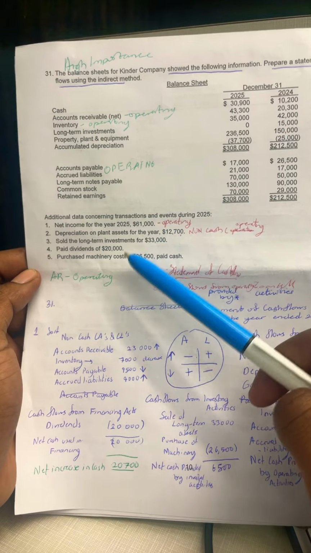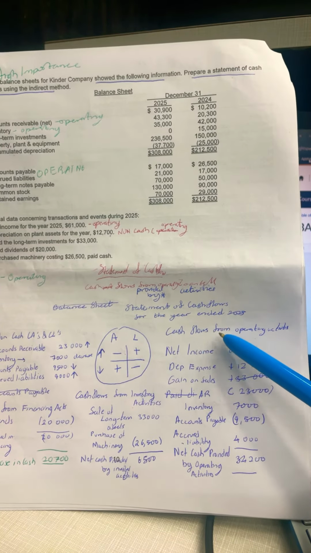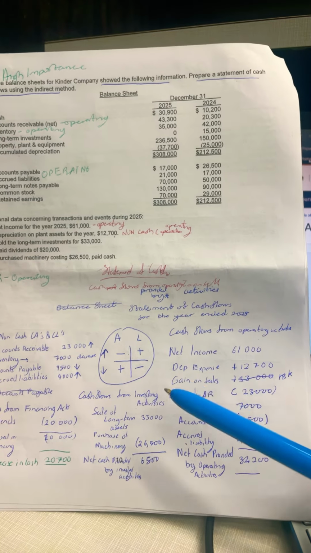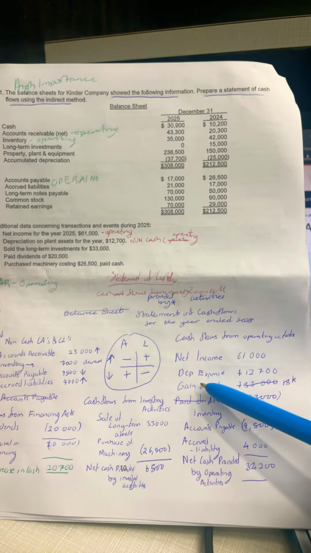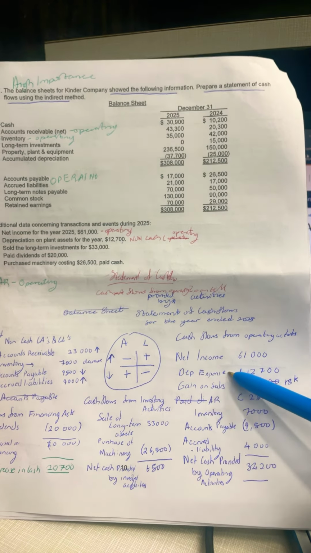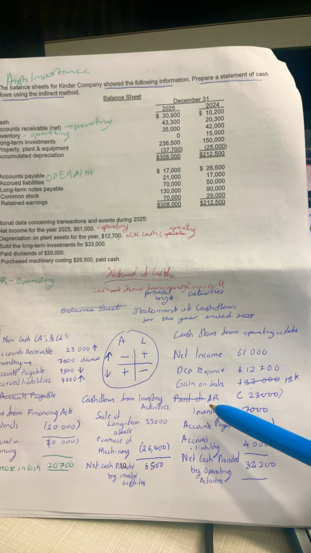This kind of came first because in the operating section, the cash flows from operating activities, we started with net income, which was given to us under extra information, and then we started to add the non-cash expense, you know, depreciation. We add the gain on sales of